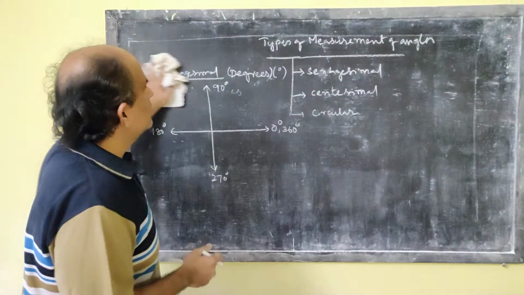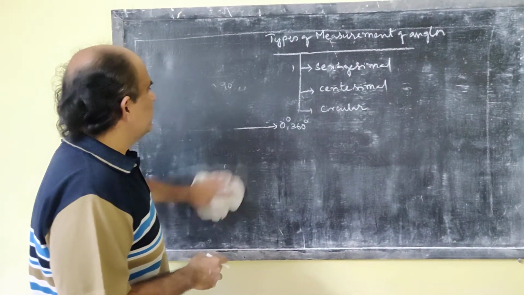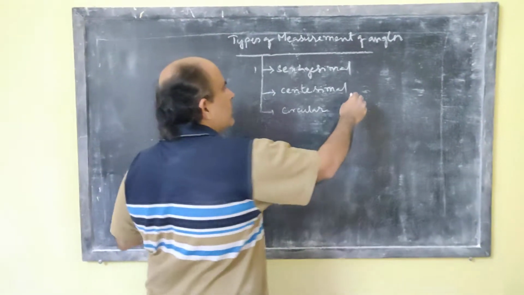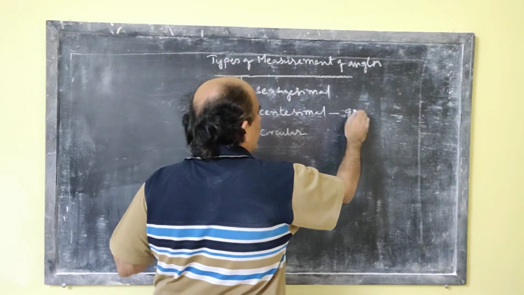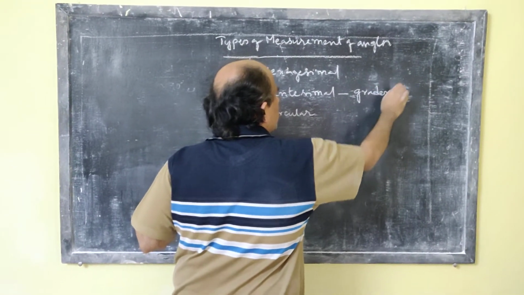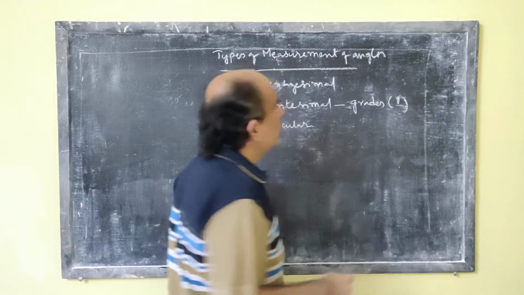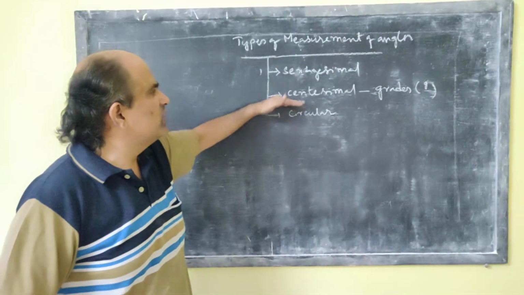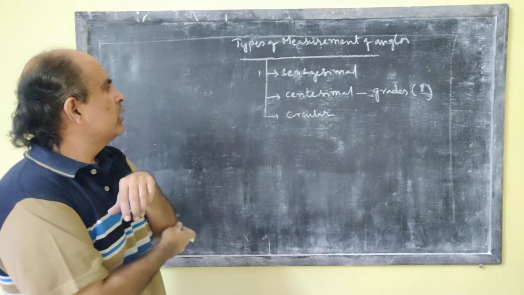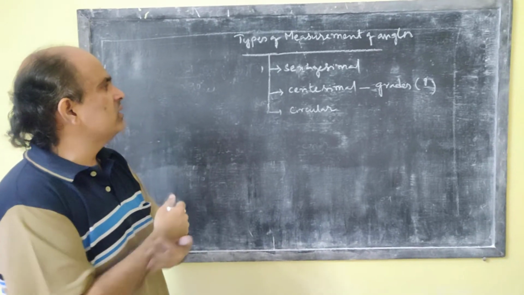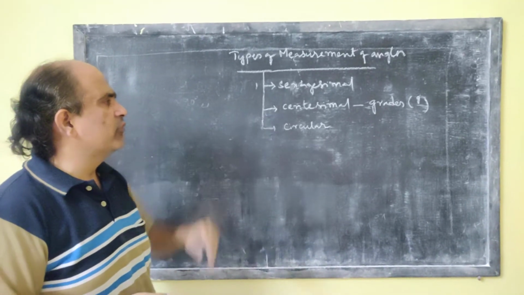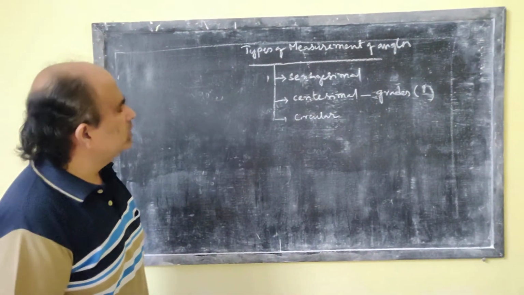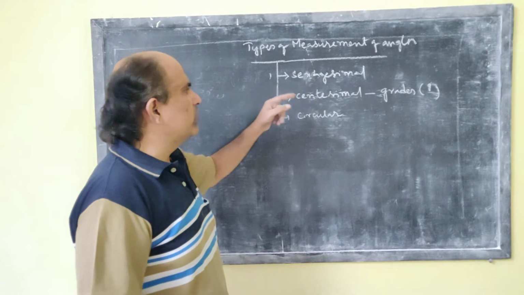This is what you have learned. Now coming to the next one, the next part is the centesimal. In centesimal, you measure the angles in grades. We denote it with a G on the top. So children, we generally don't use this method of measuring the angles, but it is only for your knowledge, therefore I have given it. If you want, I'll make another video, but it is not required now.